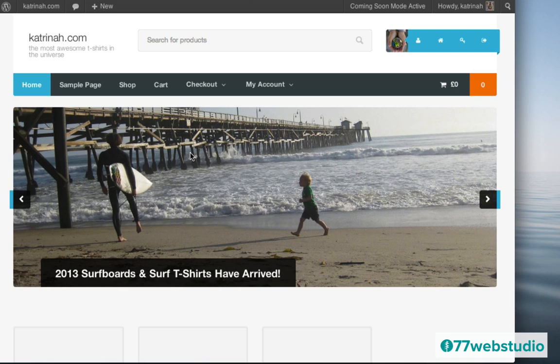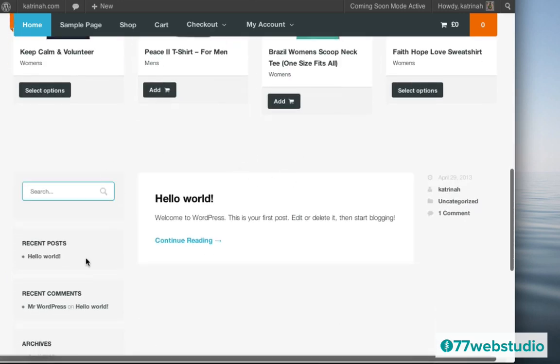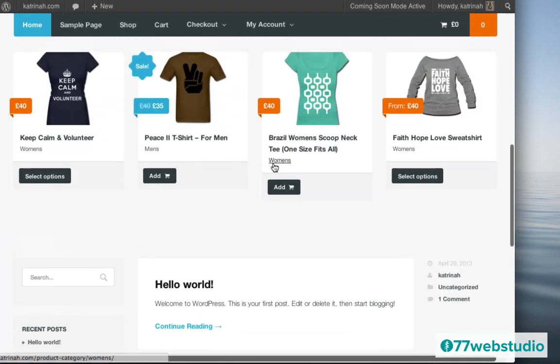So here we are on the home page of the Superstore e-commerce theme by WooThemes, and when I scroll down, you'll notice that quite a few products are now being displayed in the new products section of the home page of the Superstore theme. There are, however, quite a bit of blank spaces here still on the home page, so we still have to fill all of this out.